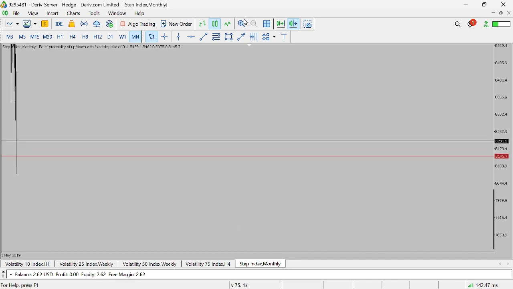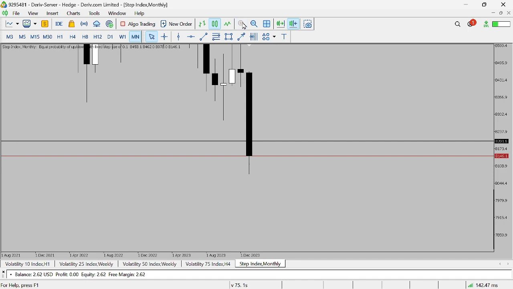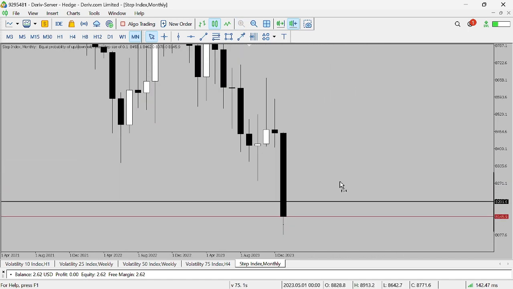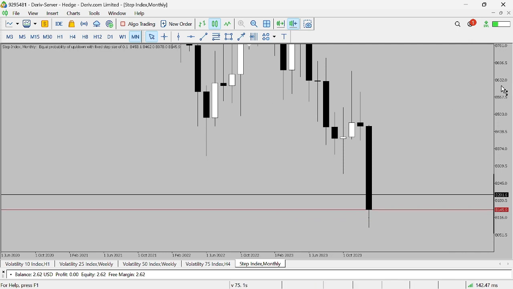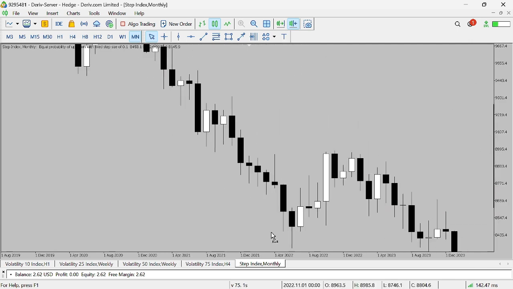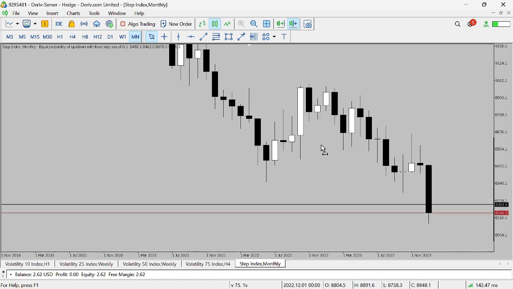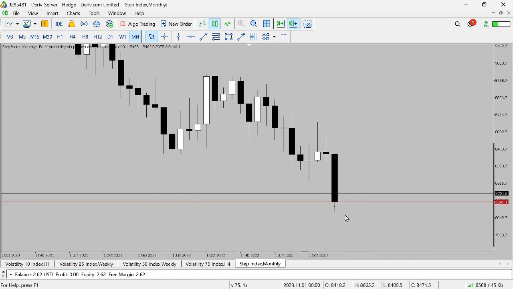Okay, Step Index has made a new record low. I think Step Index has been selling for years, and it has made a new record low. And I was watching one live session of an ICT class,